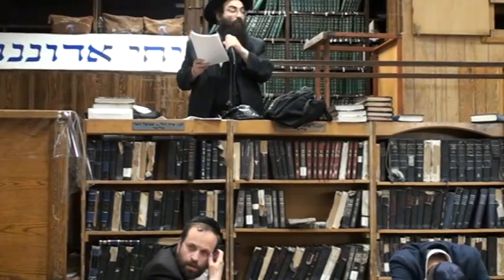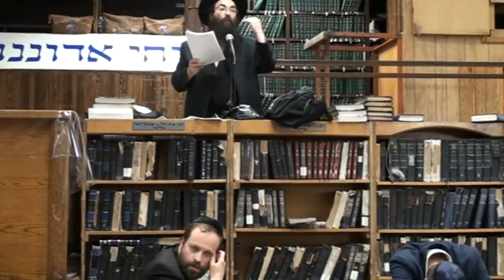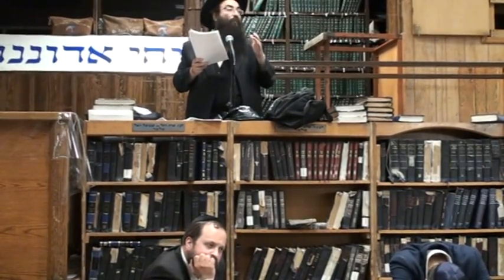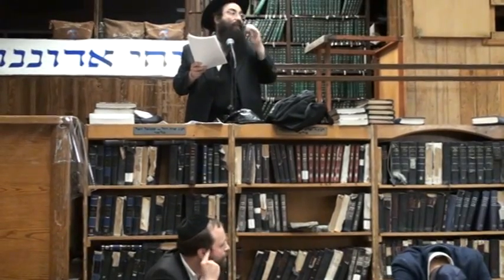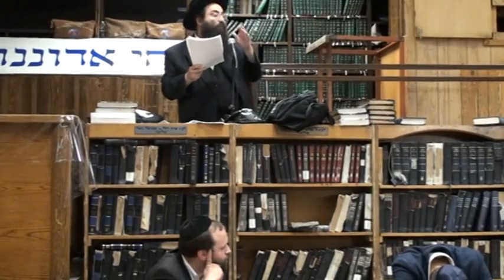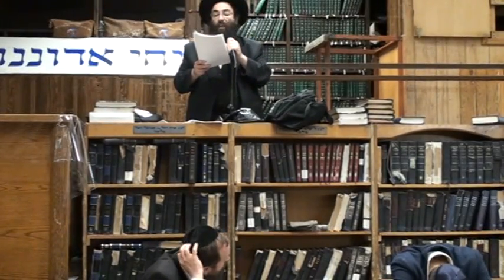it was a pasuk in Parshas Ki Savo. The Torah lists a bunch of different things. Then it says that also every sickness and every plague that's not written in the Torah will also happen. So he said this is one of the things that the Torah itself mentions. There'll be certain things that are crazy, but they're not even mentioned. This is one of them. He